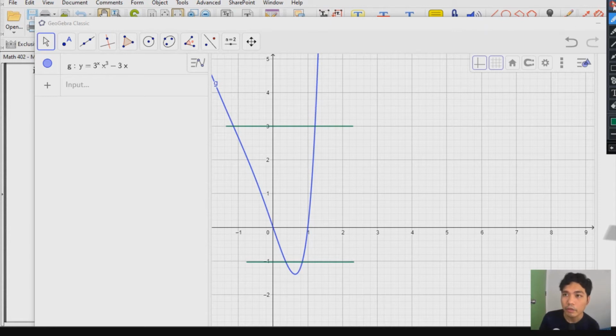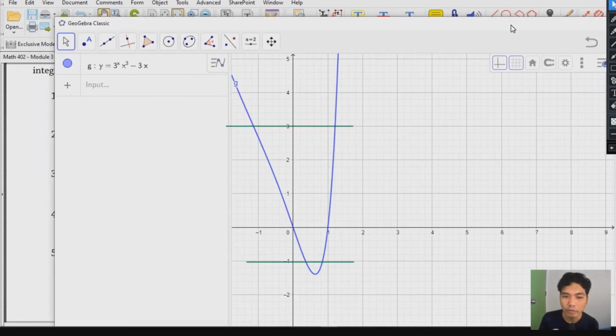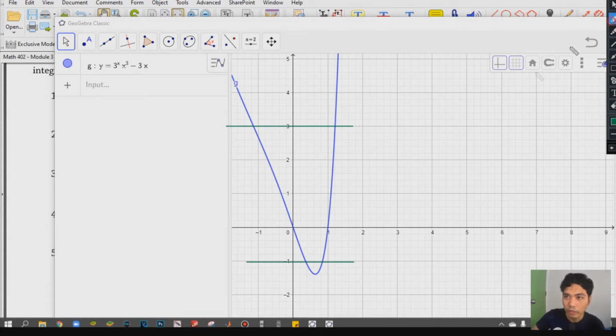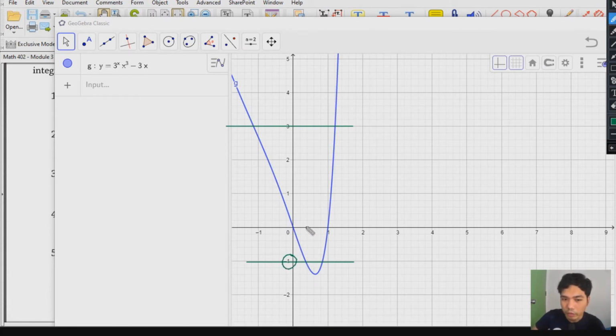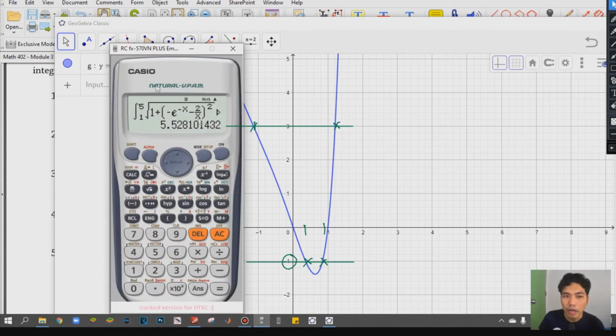So for example, unahin natin, if this is your -1, we know that somewhere here there are two values of x. And if this is 3, there are two values of x here. So that is less than 1, yung isa around 0.4 siguro, then 0.9 yung isa. And then this one is more than 1, and this one is less than -1, so around those values. So we can use that to determine our